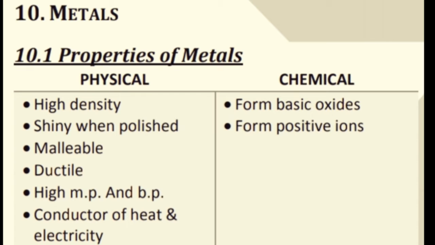Metals have high melting and boiling points. Metals are malleable and ductile. Metals are malleable means metals can be changed into thin sheets by applying high force. That is, metals are malleable. Metals can be converted into thin wire, electric wire. That is, metals are ductile. Metals are malleable and ductile.